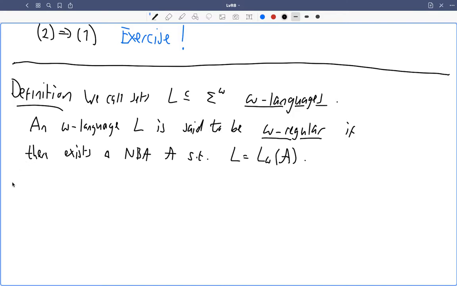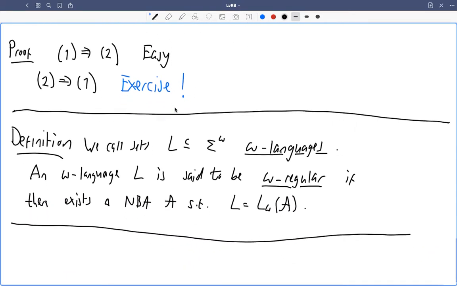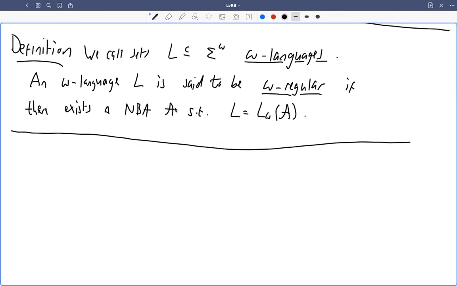So an omega regular language is a language that is recognized by a non-deterministic Büchi automaton, or equivalently by the proposition, a language that is recognized by a generalized non-deterministic Büchi automaton. And proposition